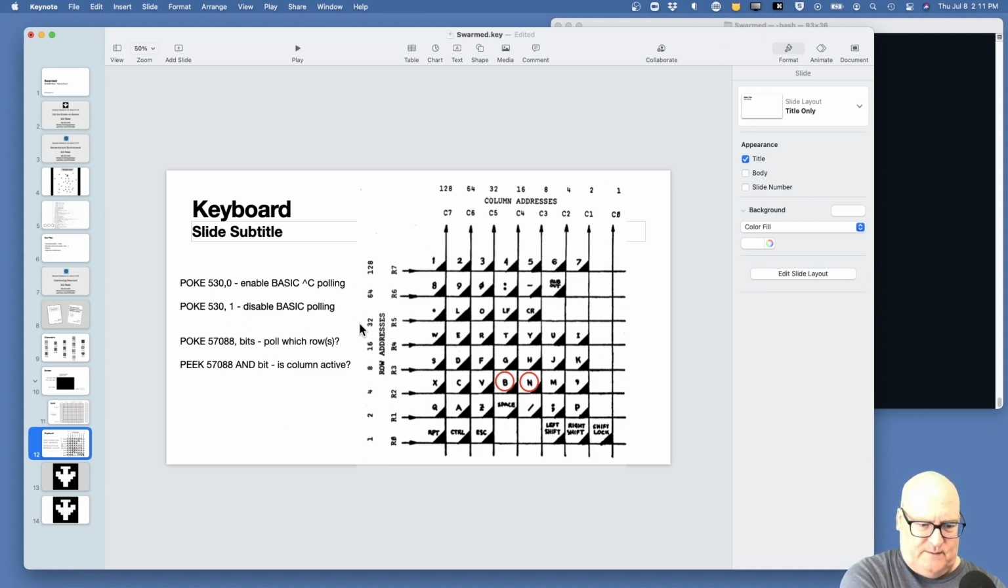But the trick to this is, if you want to read any rows, you have to turn on that row number in 57088. So if you want to look for the B key, you've got to turn on row 4 and look in column 4. And for N, you've got to turn on row 4 and look in column 8. Now, the thing I don't know